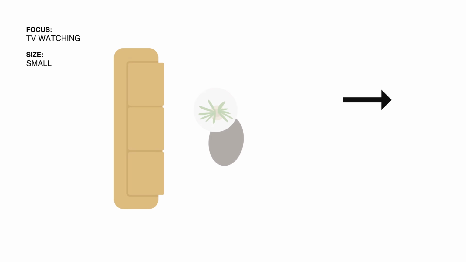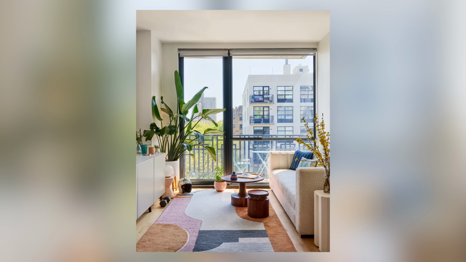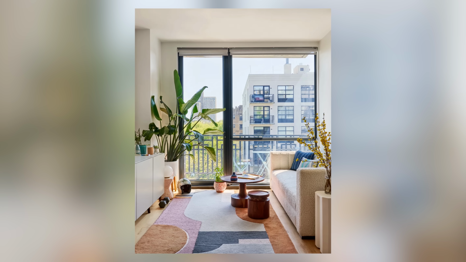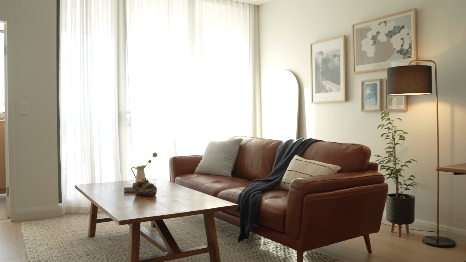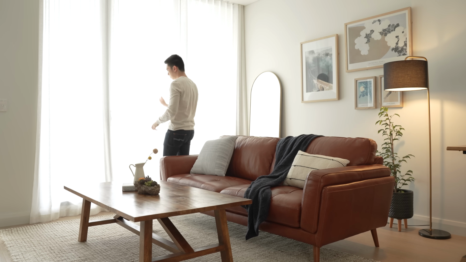The simple sofa and coffee table layout is perfect for small apartments or for small living rooms and is highly suited for TV watching. Depending on your space and preference, you can opt for a standard or a chaise sofa. One suggestion here is to not get hung up on forcing the back of the sofa to the wall, especially if the room is a bit wider and there will be considerable distance between the TV or focal point to the sofa. It is okay to move the sofa to the middle of the room as long as you allow